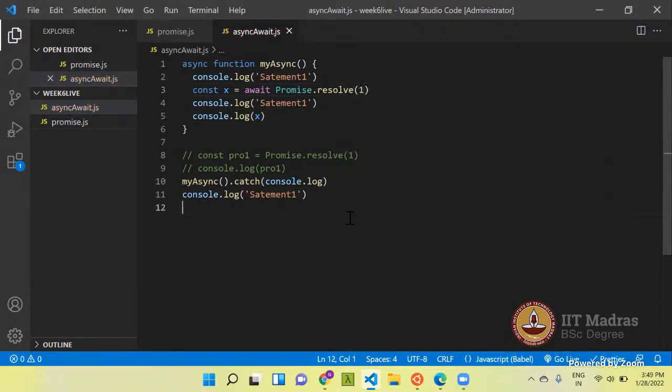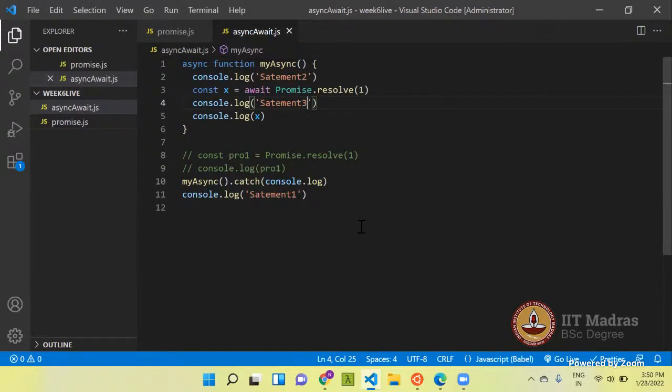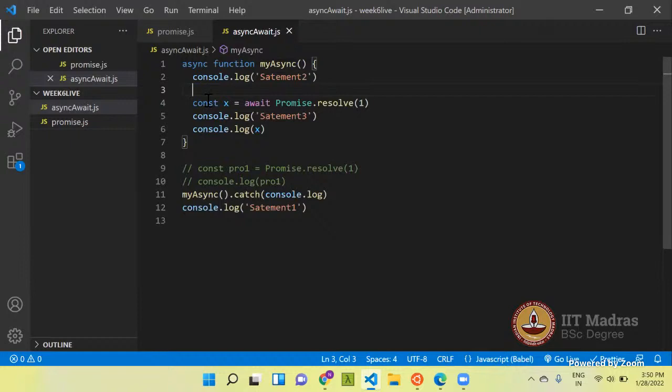So what do you think? In which order will the statements be logged, statement 1, 2, 3? Let's do one more log here, 3, and here's the 4.